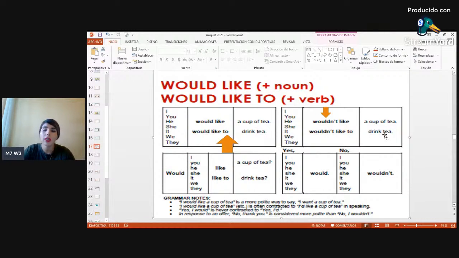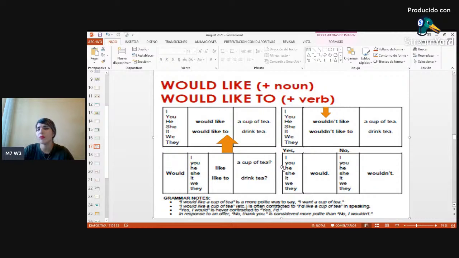No, eso que está ofreciendo no me gustaría. I wouldn't like to drink tea. No me gustaría beber té. Es diferente, okay? So at the way to do or to make questions, we just change would at the beginning and then the personal pronouns. Would you like